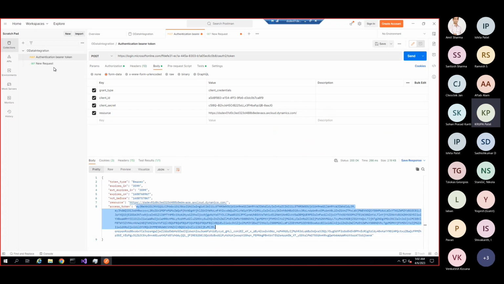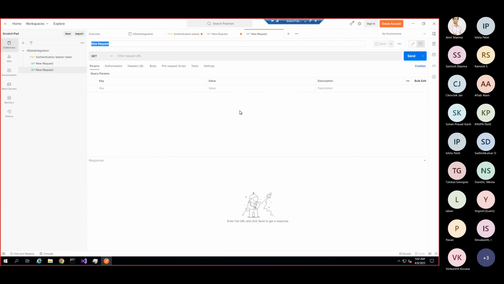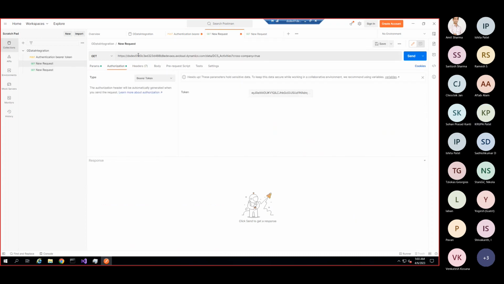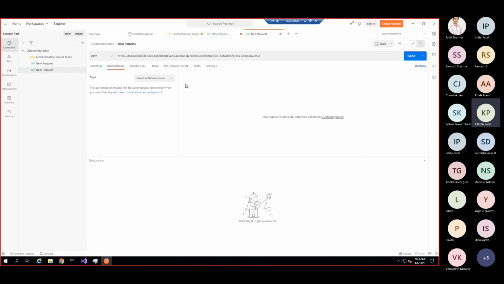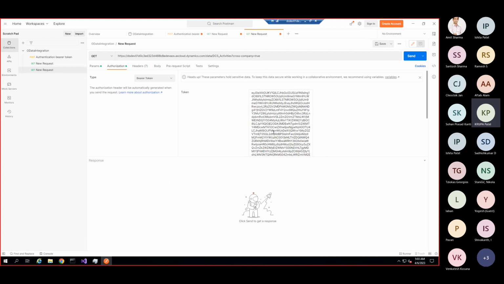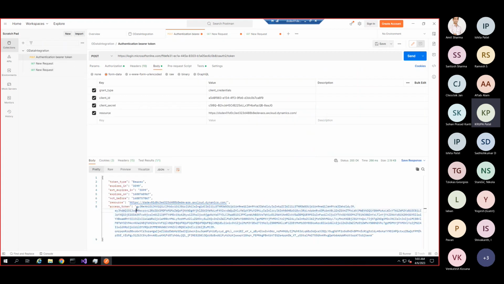Now we'll create one new request to get the data of the entity. Here I'm passing the D365 URL, followed by slash data, and here we need to pass the public collection name of the data entity. And in the authorization, in the type we need to select bearer token, and in the token we just need to pass this access token which we have just generated.